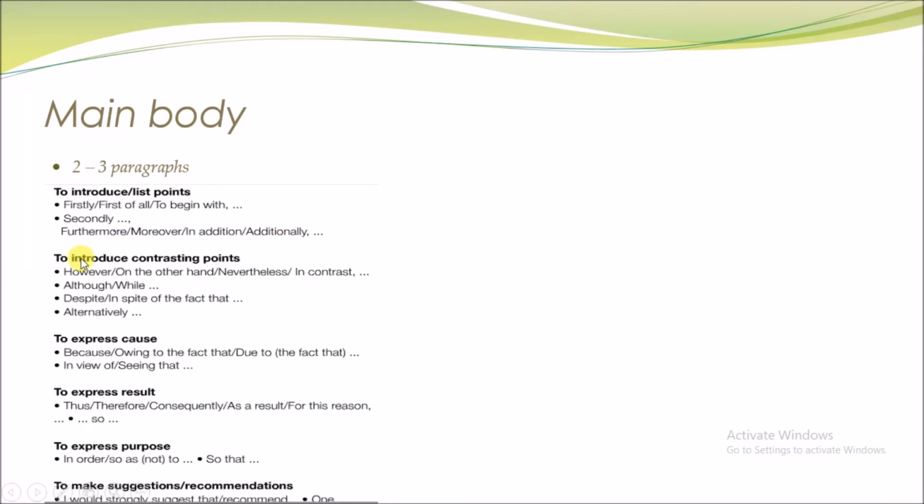If you want to introduce contrasting points, then you use linking words such as however, on the other hand, nevertheless, in contrast, although, while, despite, in spite of the fact that, alternatively. When you express a cause, you use because, owing to the fact that, due to the fact that, in view of, seeing that, to express result, you can use thus,